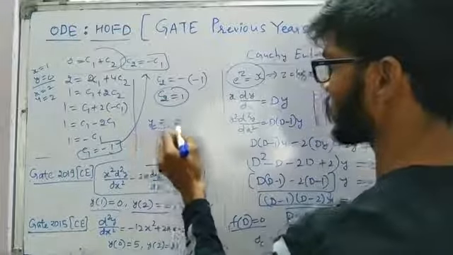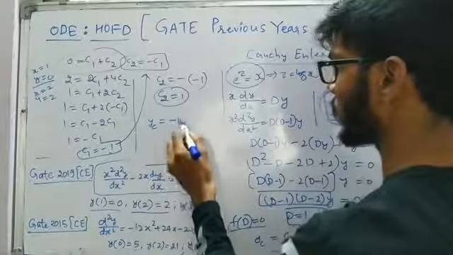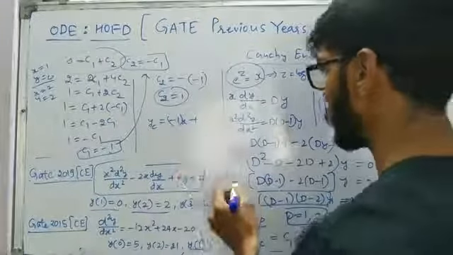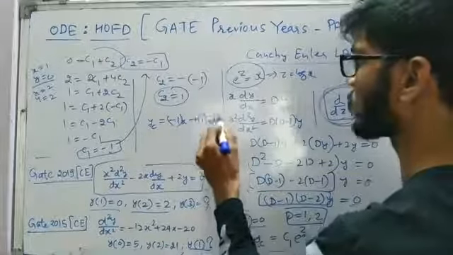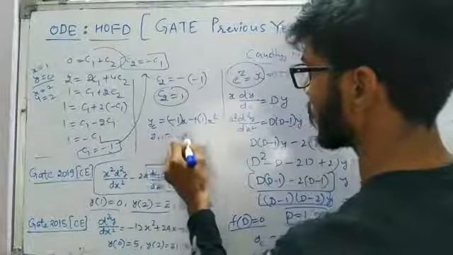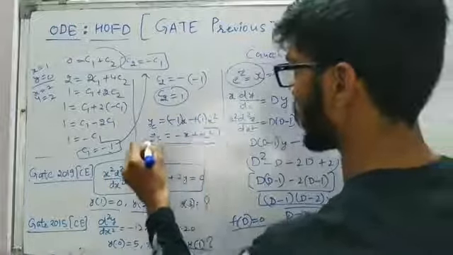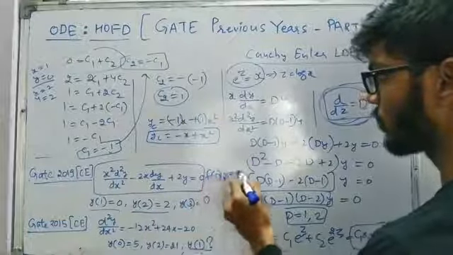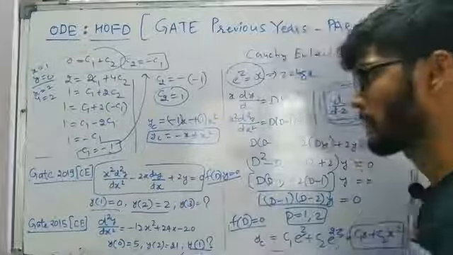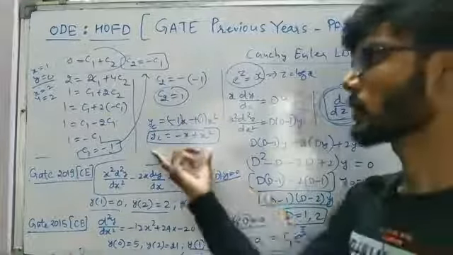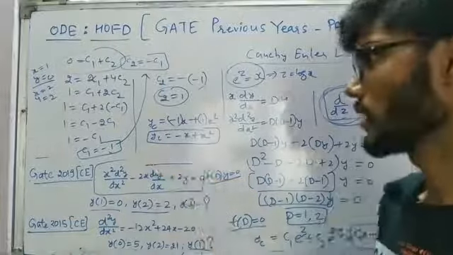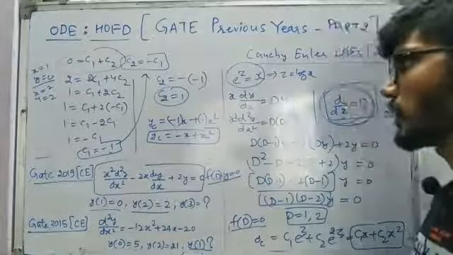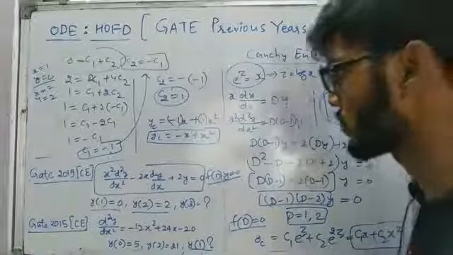So we have our solution yc is equal to c1, minus 1, into x, plus c2, which is 1, into x square. We have yc is equal to minus x plus x square, and as it is in the f of D into y is equal to 0 form, it is a homogeneous linear differential equation. So we are going to have only the complementary function. We need not worry about the particular integral part because that is not going to exist over here.